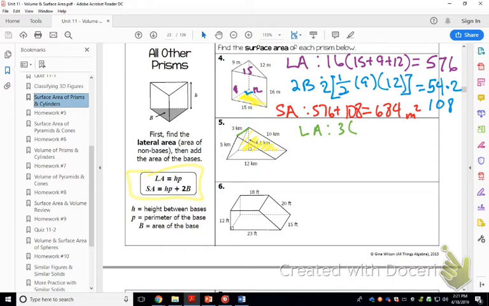What are the dimensions of your triangle? 5, 12, 10. So add that up, multiply by your height of 3. Let's get the, you multiply 5, 10, 12 times 2 since this is